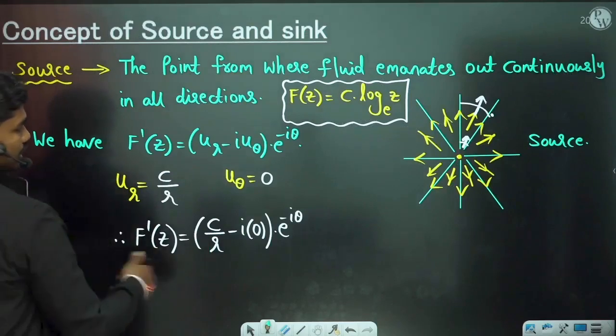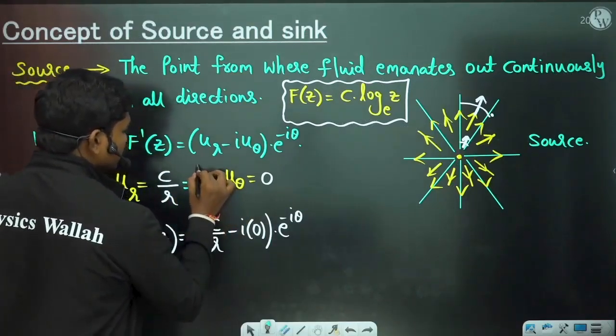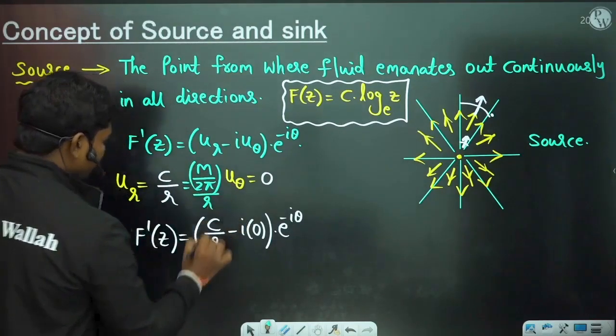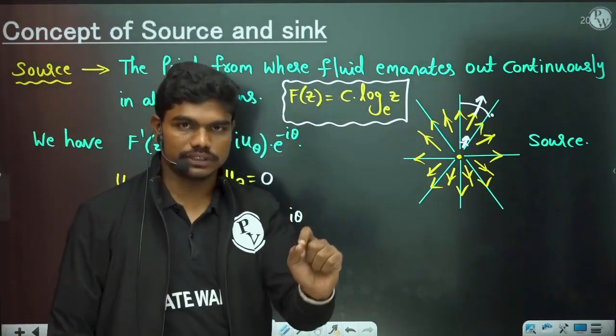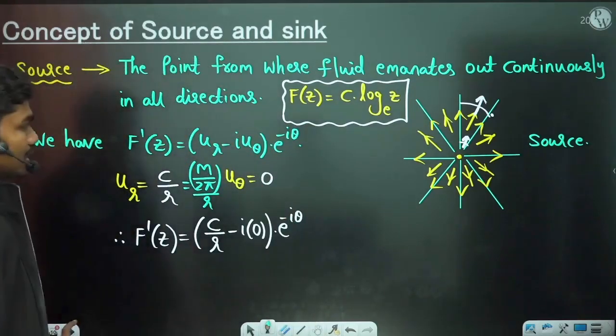So this c is nothing but m by 2 pi, divided by r actually. So c value is m by 2 pi. If you replace c is equal to m by 2 pi, that means if you know the strength of the source, for example, if they give you the strength of the source as m, then in that case we can write this as,